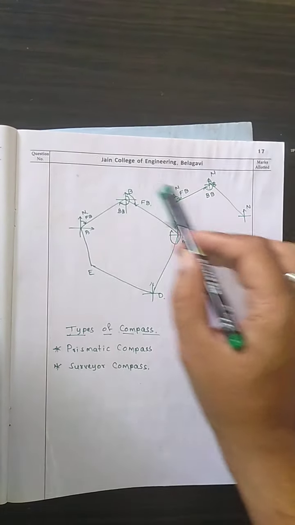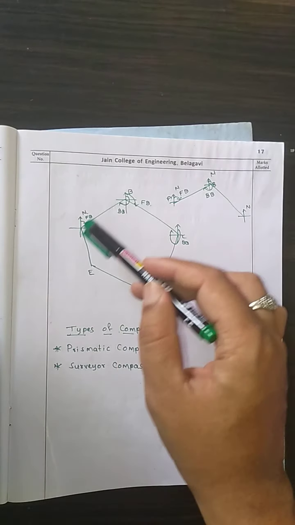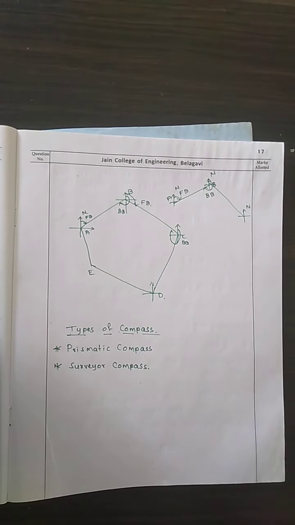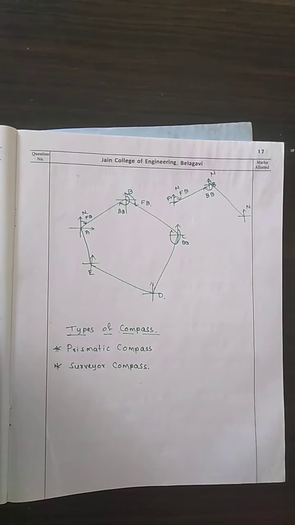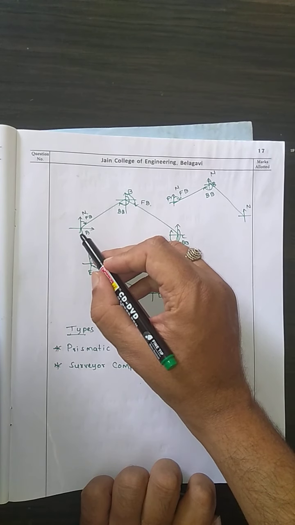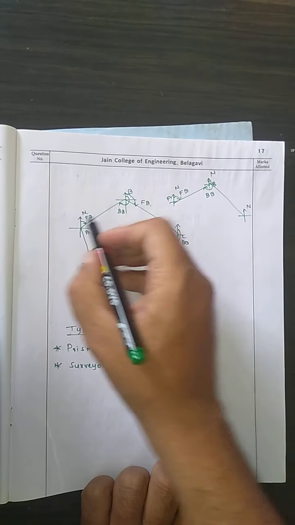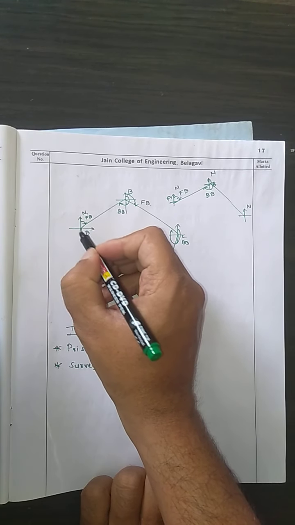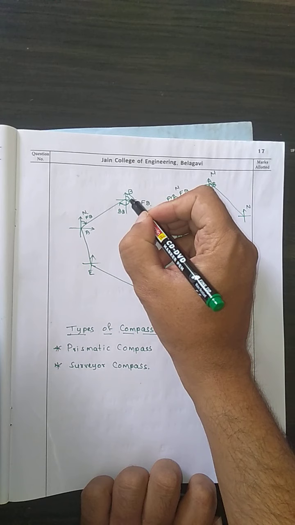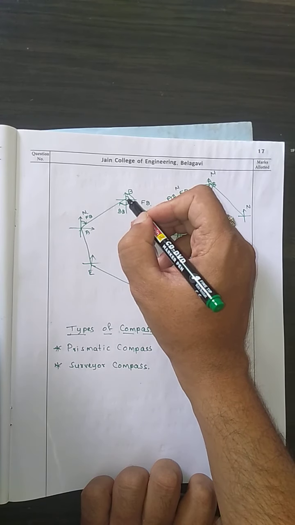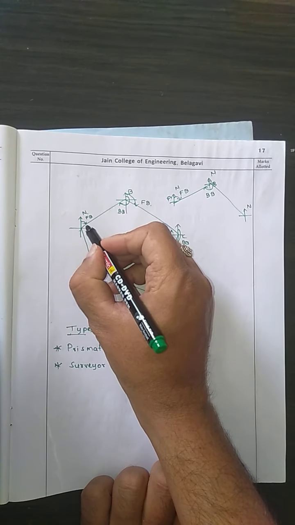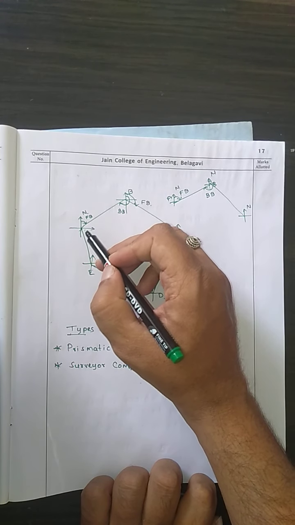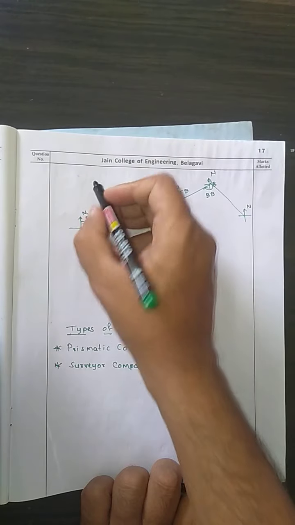Okay, now suppose we have taken a closed traverse which has A, B, C, D, E. If you have taken the closed traverse A, B, C, D, E, I will explain what fore bearing and back bearing are. Now suppose you are going to sight from the point A, you need to bisect the point B. When you are looking towards the point B, whatever angle it makes with respect to the north, here remember that you are looking ahead. From A to B you are looking ahead, so we call it a fore bearing.